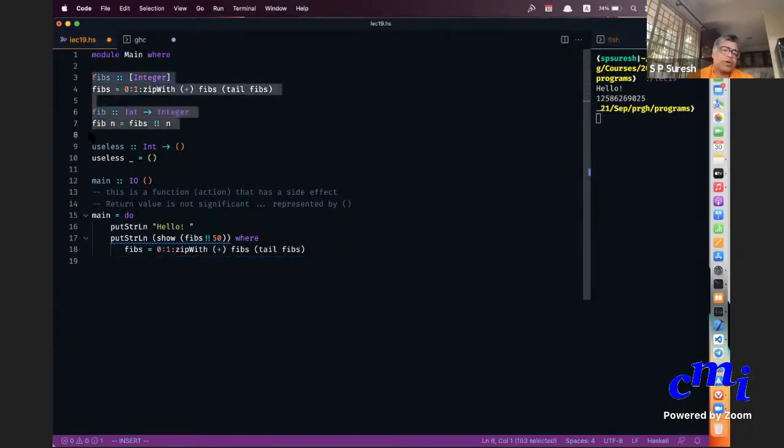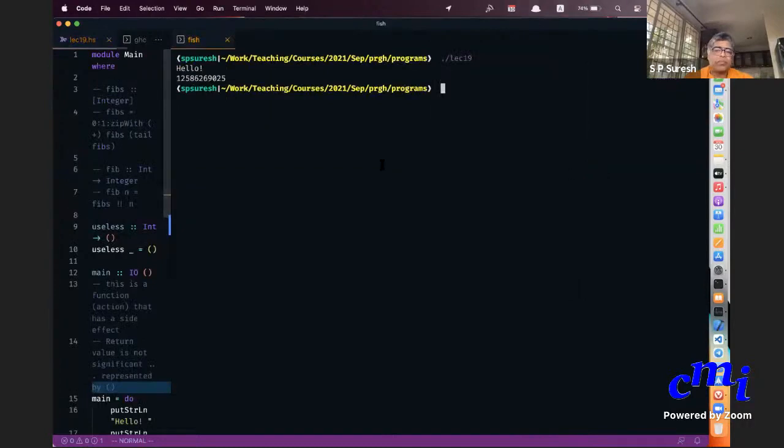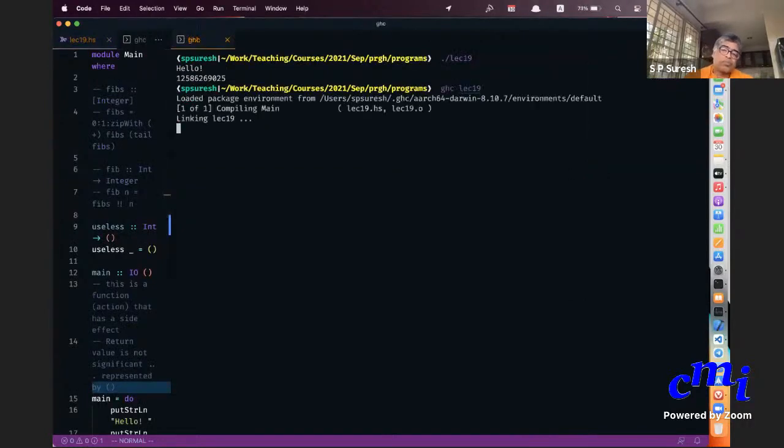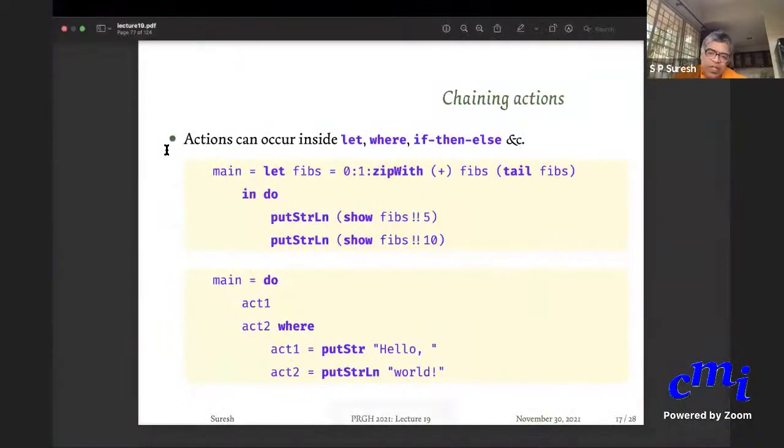Let me for the moment comment. So I can say where, I can say let, things like that. I can also do if then else. We'll see examples of if then else.